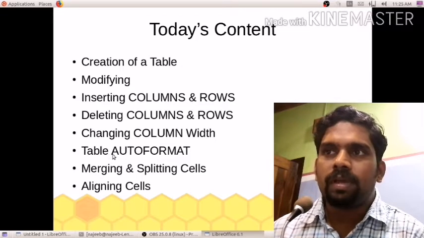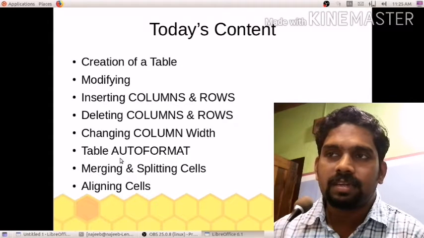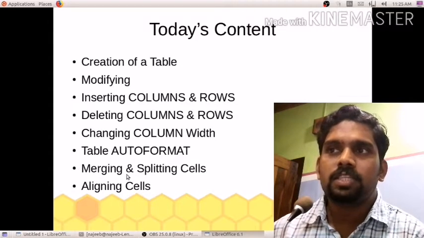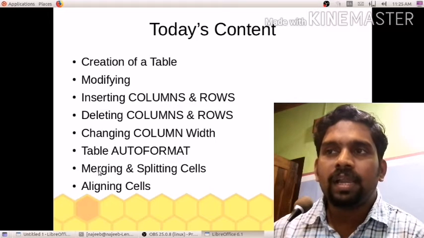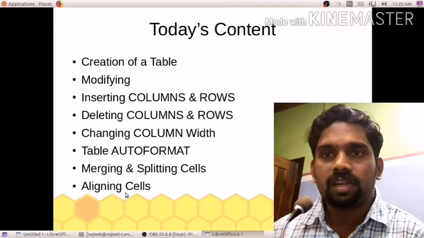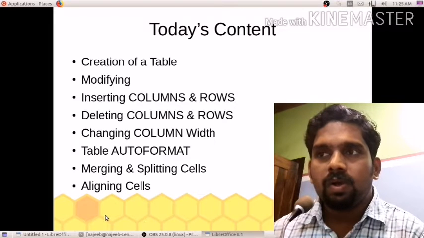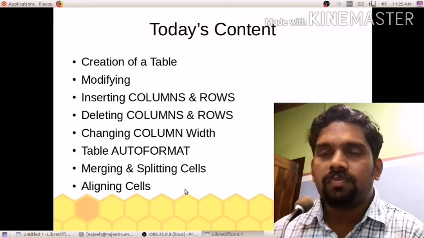And table auto format, like its background style or the table style, etc. we can change. Then merging and splitting, and how to align the cells, aligning cells means how to align as right alignment, left alignment, center alignment, within a cell, or for the full table.